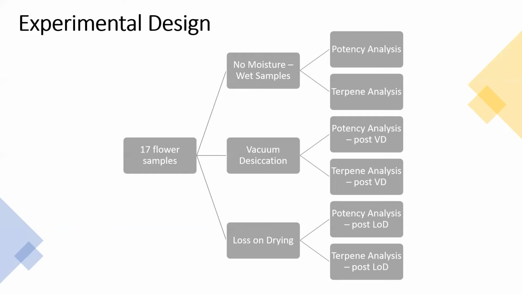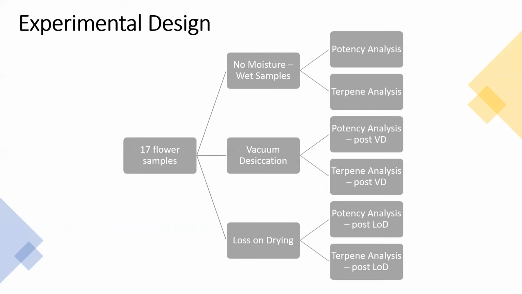After selecting our samples, we processed them in 3 different ways. The first way of processing the samples included performing no moisture analysis. We strictly ran the samples wet for both potency and terpenes. And this is the way that laboratories should be processing samples because any type of pre-drying could impact the integrity of a sample. So if dry weight corrections are applied, they should be applied after the fact, and